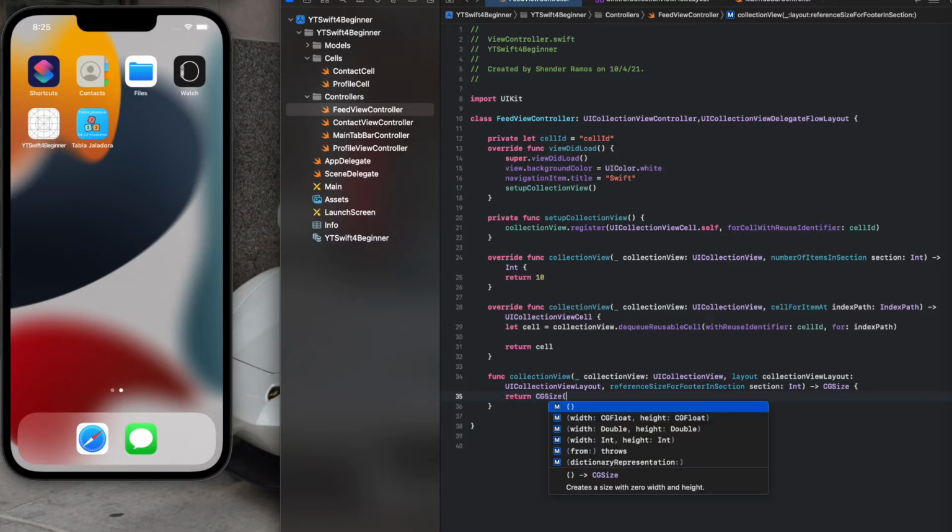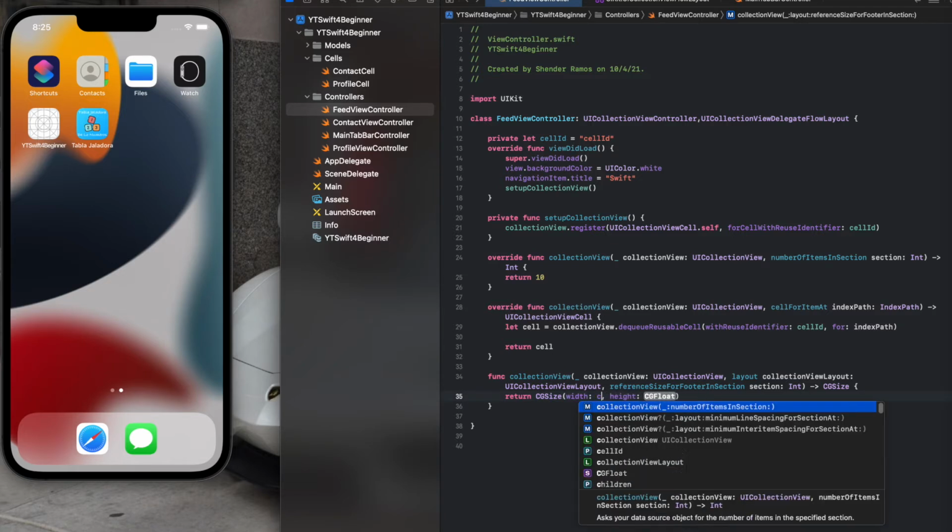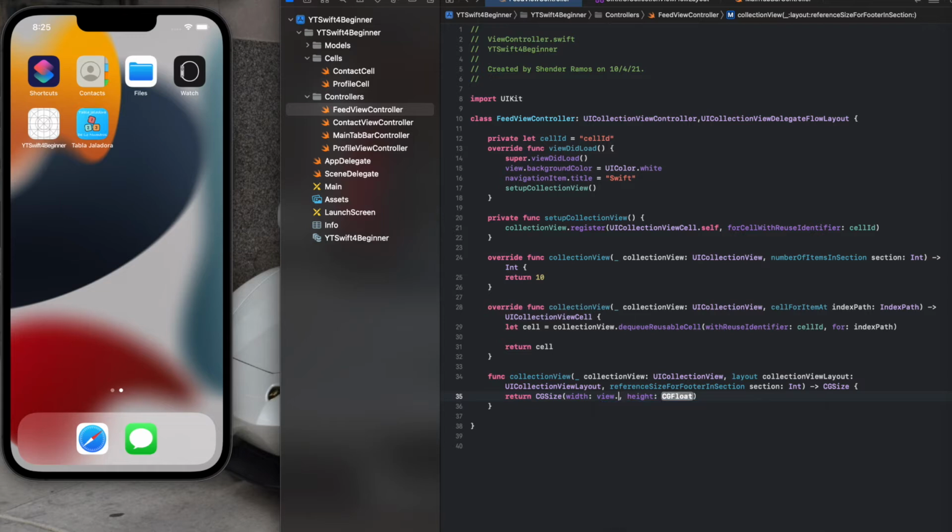So let's do size width, view.frame.width minus 12. So what I'm doing here is I'm going to set that collection view cells to